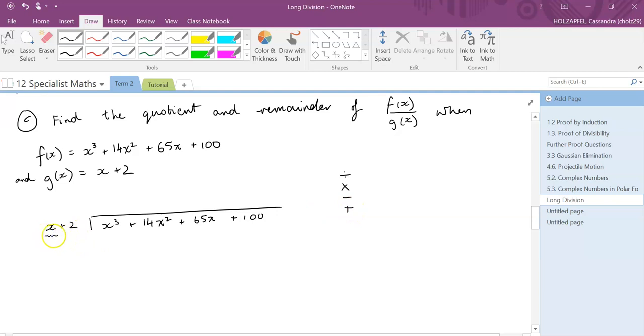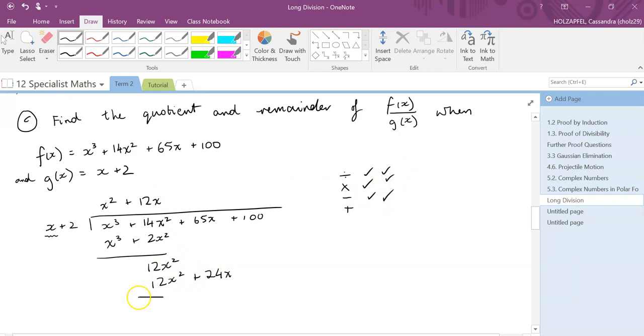Again, we're just going to do the division step with x, and then we'll do the multiplication step with x plus 2. X fits into x cubed, x squared times. X squared times x plus 2 makes x cubed plus 2x squared. So check, check. Then we're going to subtract, and we end up with 12x squared. All right, next we're going to go x fits into 12x squared, 12x times. X plus 2 times 12x is going to make 12x squared plus 24x. So tick, tick,